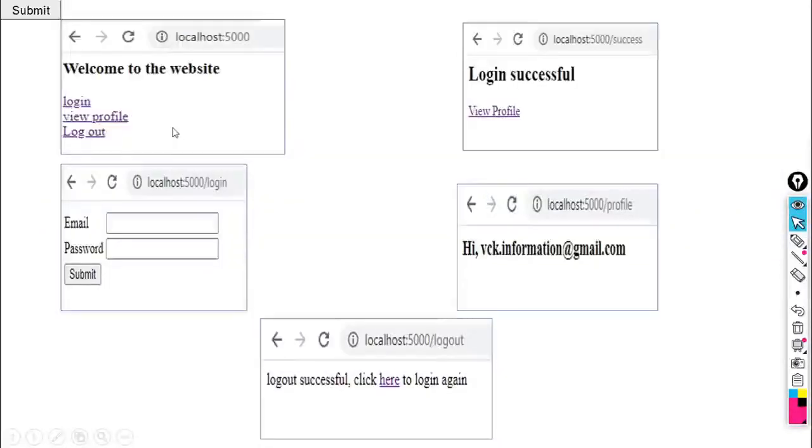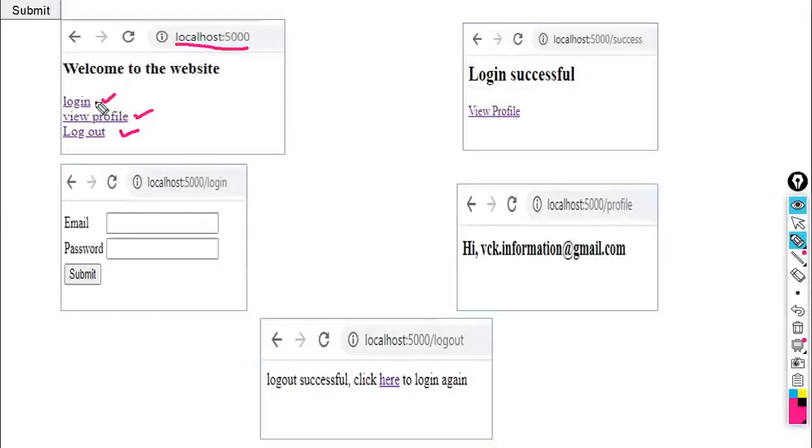This is the output. If you execute the home URL, then you will get output like this. Look here, this is the home URL. The text welcome to the website, and it provides 3 links: login link, view profile and logout. These 3 links will be provided by the home URL.